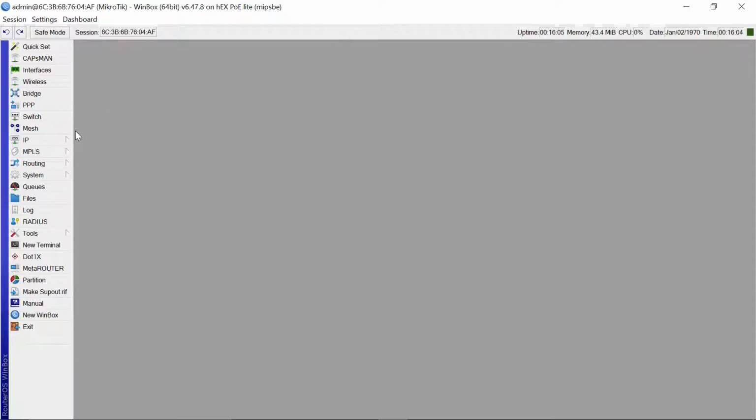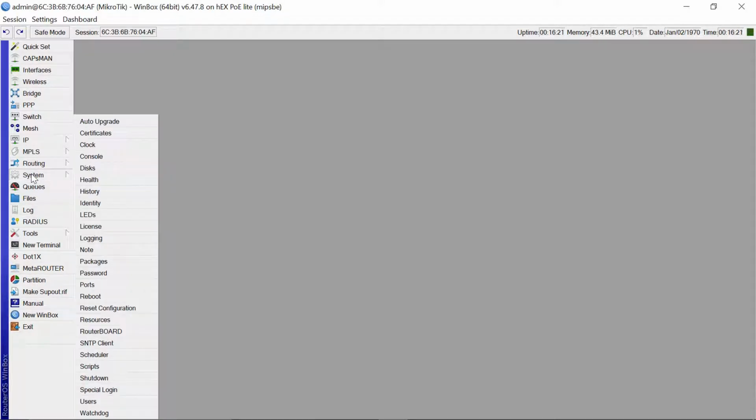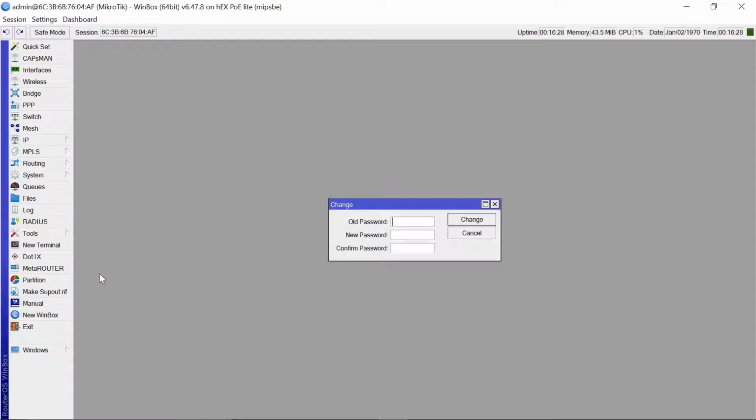Then another thing I would like to do is secure my router a little bit. So I'll need to have a username and a password to log in. For that you basically come to System, then you come and say Password. Definitely there's no old password, so we are going to leave it blank, and for our new password, just for demonstration purposes, let's say